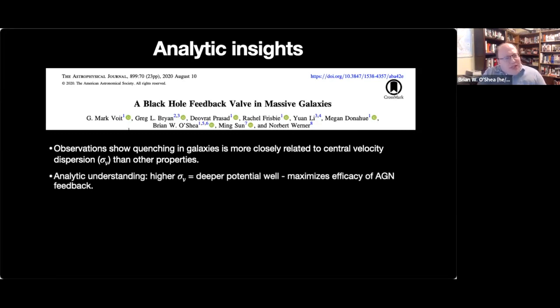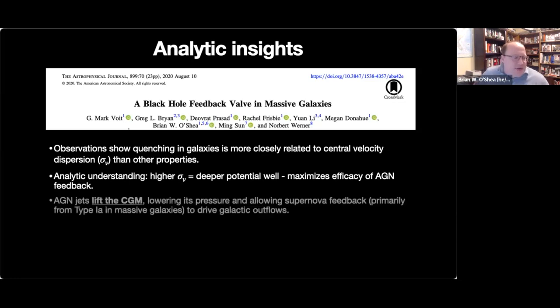And what that implies is that, if you have a higher velocity dispersion, that central potential well is deeper. So this is going back to physics 1, right? The hypothesis was that if you have a deeper potential well in the center of your galaxy, it is going to more efficiently move gas onto the black hole, or push gas to the black hole, I suppose, and it will make your AGN more efficient. It will cause more energetic AGN outbursts.